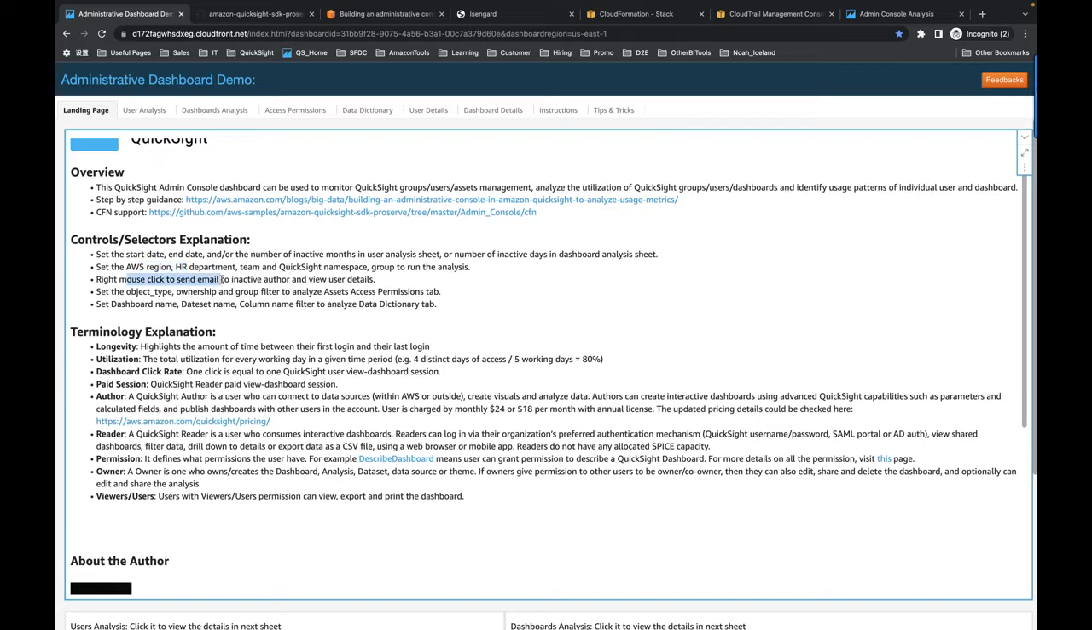You can also use a mouse click to send an email to an inactive author. I already preset the URL action for you to do that. And you can also analyze the object type and the ownership in the access permission tab. And you can also check the relationship between the dataset column and dashboard in the data dictionary